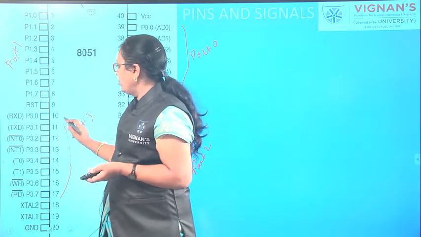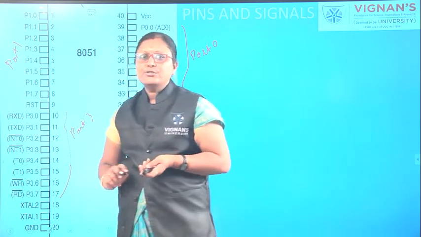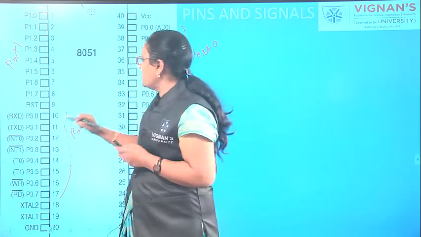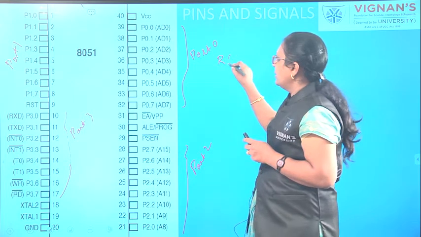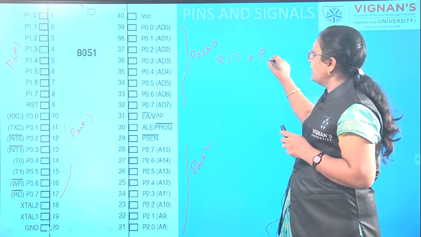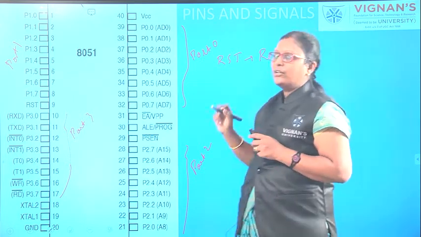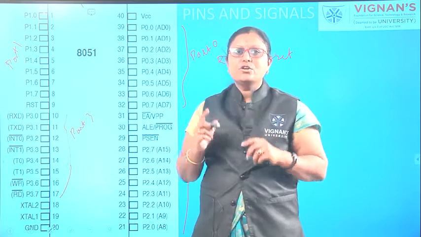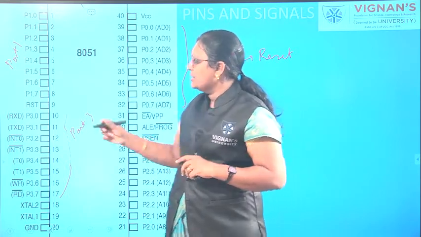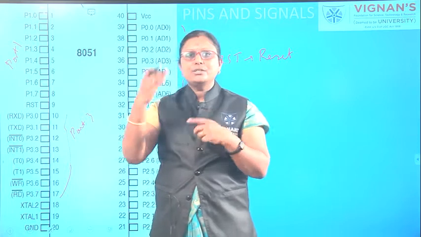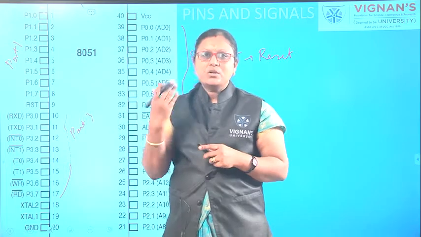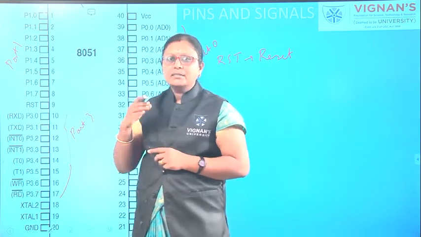And next, coming to pin number 9, it is used for reset, that is RST, nothing but reset. If you give this reset condition, it is also called the hardware interrupt condition, so that your microcontroller will restart its process again, that is, restart the commands again.